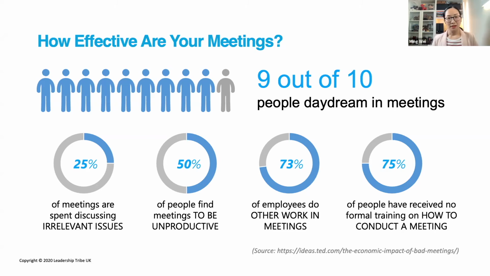And the next figure says 73% of employees do other work in meetings. 73% of employees do other work in meetings. So this is another horror story from my end, because this again is a real life example. In one of the program team meetings which we attended, I think one person forgot to switch off his mic and to switch off his video. I think the mic was off, sorry. He forgot to switch off his video.